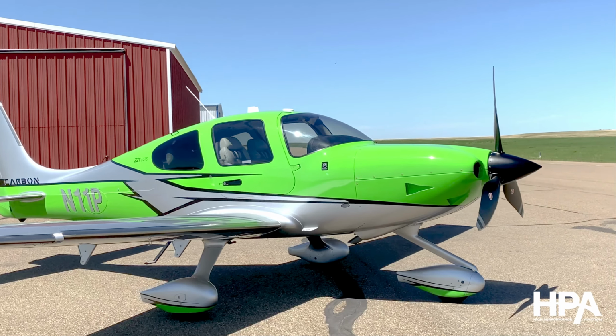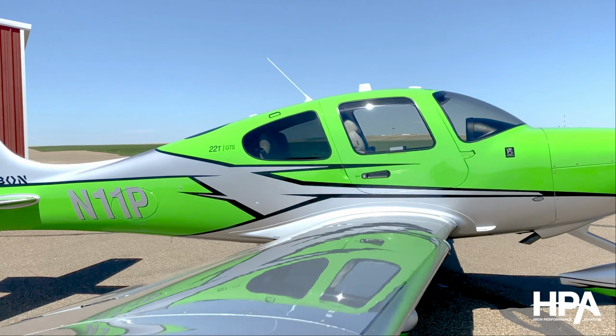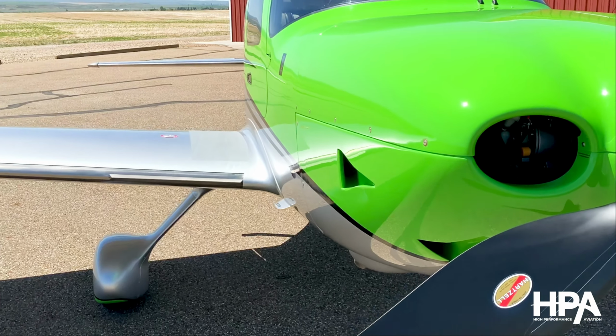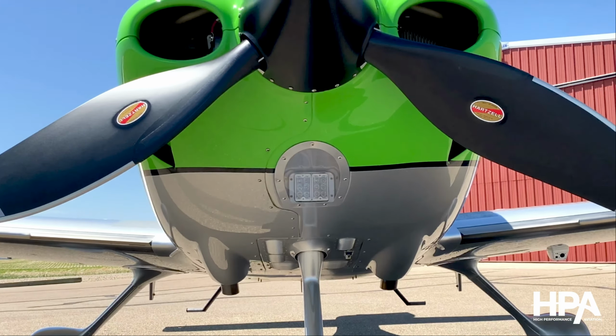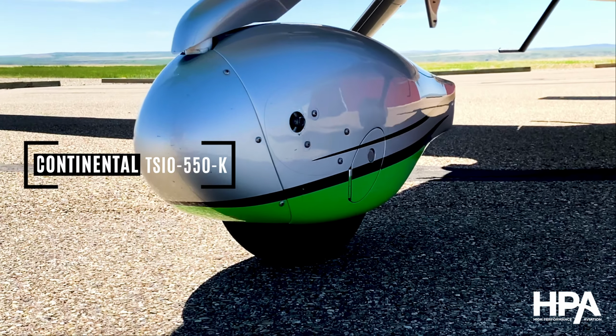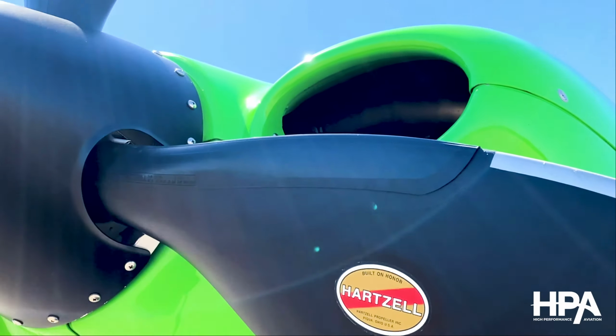It is engineered to give you the freedom to go where you want, when you want, and do it with advanced technological innovation, exhilarating performance, and unprecedented style. At the front of this airplane is a Continental TSIO 550K turbocharged 315 horsepower engine with a Hartzell 3-blade lightweight